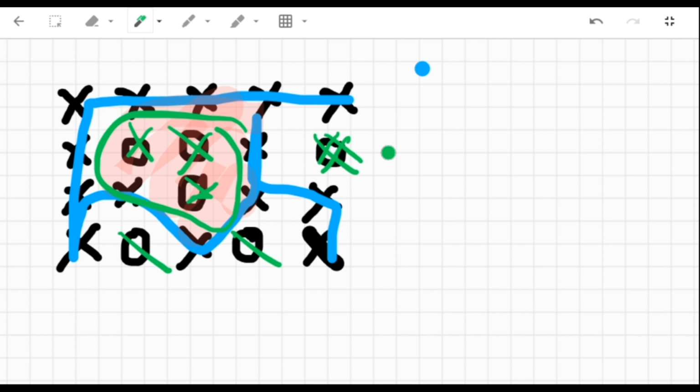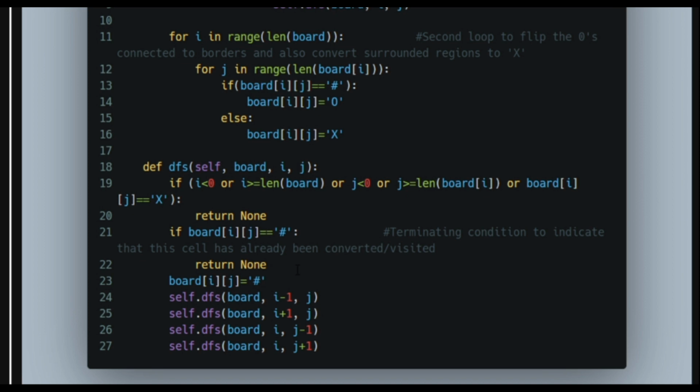If it is a hash, we don't have to change it, and otherwise everything other than hash must be X. So we are giving it a hash.